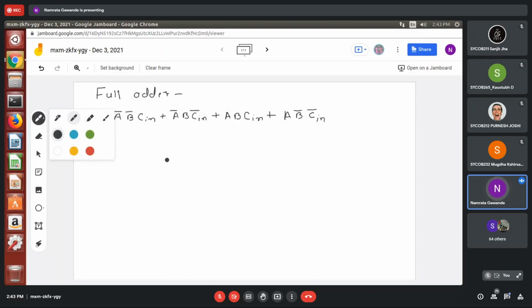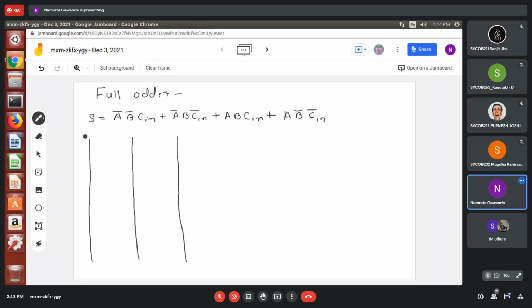For this equation, I'll require 3 inputs, A, B, and C in. So I'll take A, then B, and then C in.